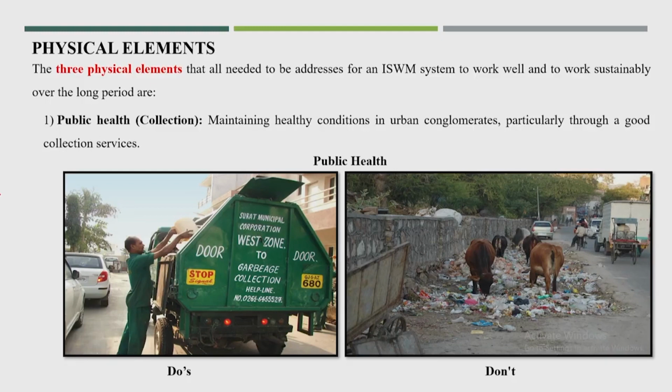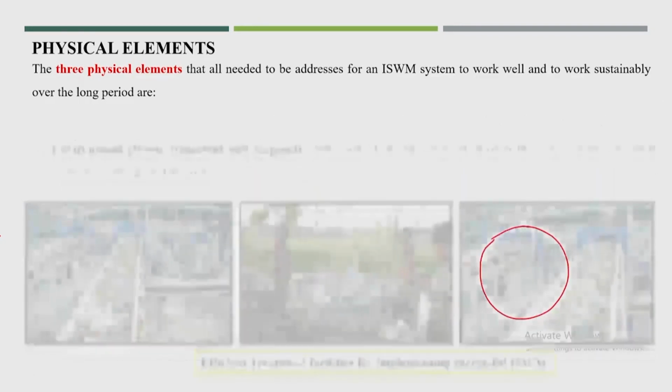So, the objective could be how best we can protect the public health of the local people. How can we maintain public health properly, by maintaining healthy conditions in urban locations, particularly through good collection services? Suppose a collection system like house-to-house collection is available, as it started in the Swachh Bharat Mission, that is the best kind of primary and secondary collection. But if you have this kind of collection or storage, I think it is not good actually, and because of that a lot of public health issues will come up.